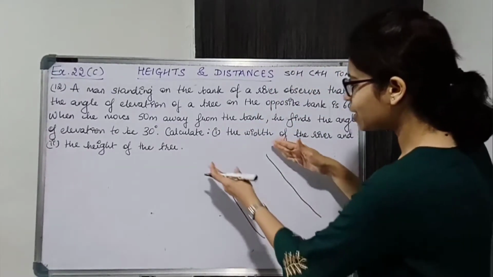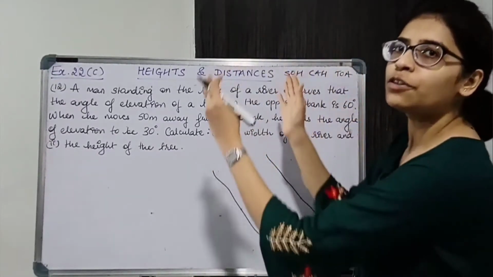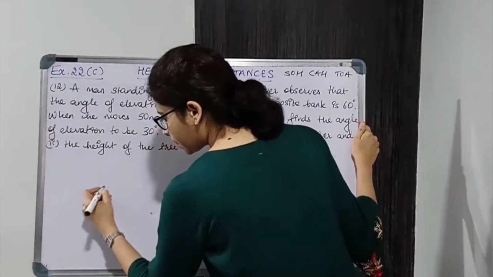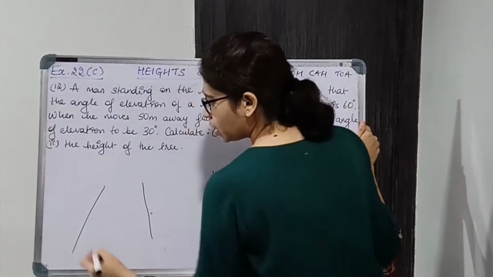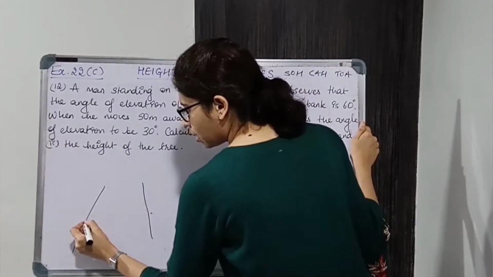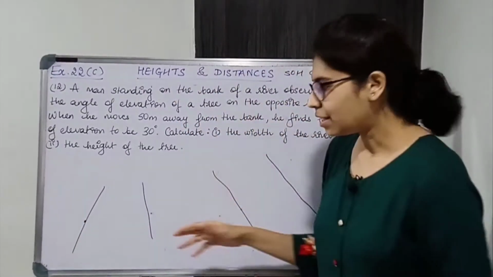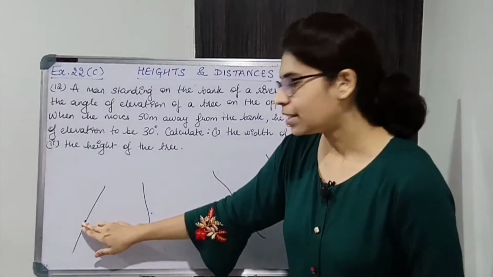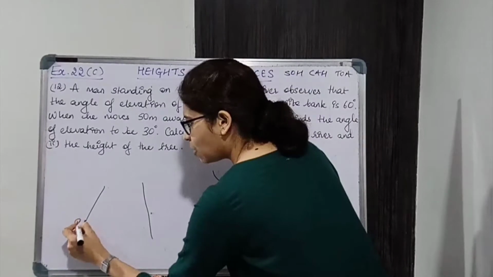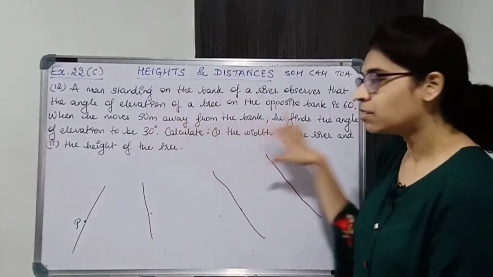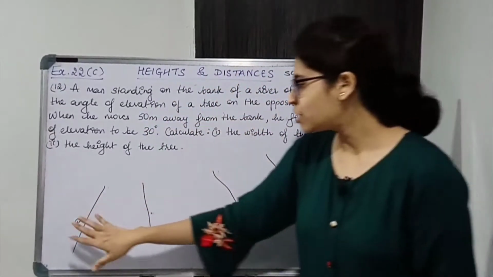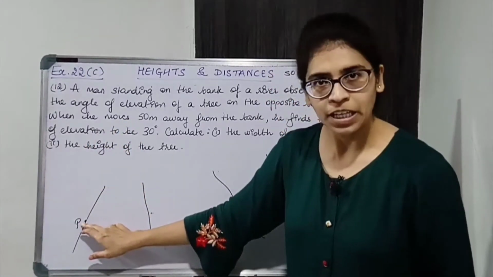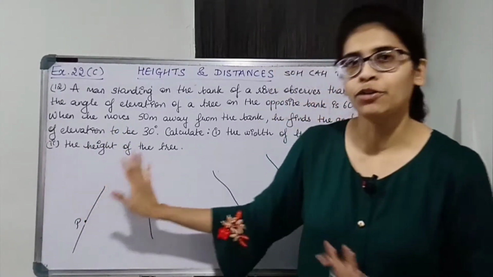So we are not going to consider like this, we are going to consider the front view. Alright, so there is a person, there is a river like this. ठीक है, there is a person standing near the bank of the river. So we are assuming that he is standing very close to the river. Okay, we are assuming that. So he is standing at point P, let's say. Now the height of the person is nowhere in the question. So we are not going to consider the height of the person over here. Let's say he is standing at a point P on the bank. So we are going to consider point P on the bank.